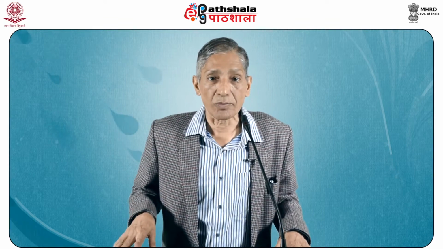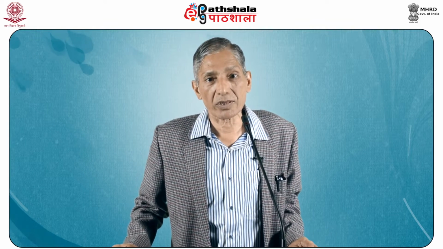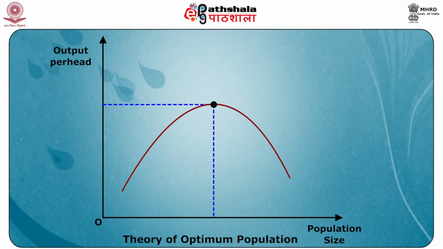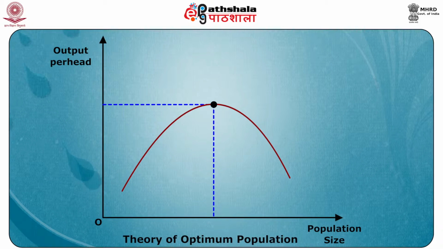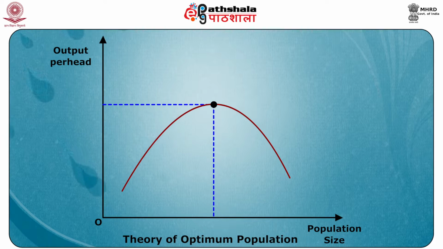It's not like that. You might have heard about the third theory also, that is the theory of optimum population. We draw a curve which is reverse U type, which you will see in your diagram, which says that with the growth of population or increasing levels of population, per capita real incomes, living standards, real national income levels, employment opportunities and standards improve, it's not dangerous. Actually, it is a welcome sign. It is only after a point that population becomes a liability.